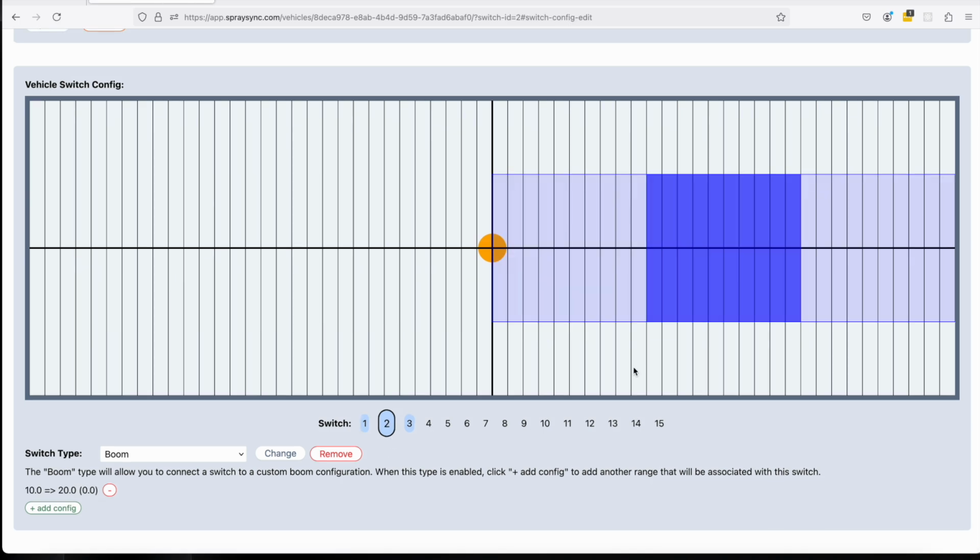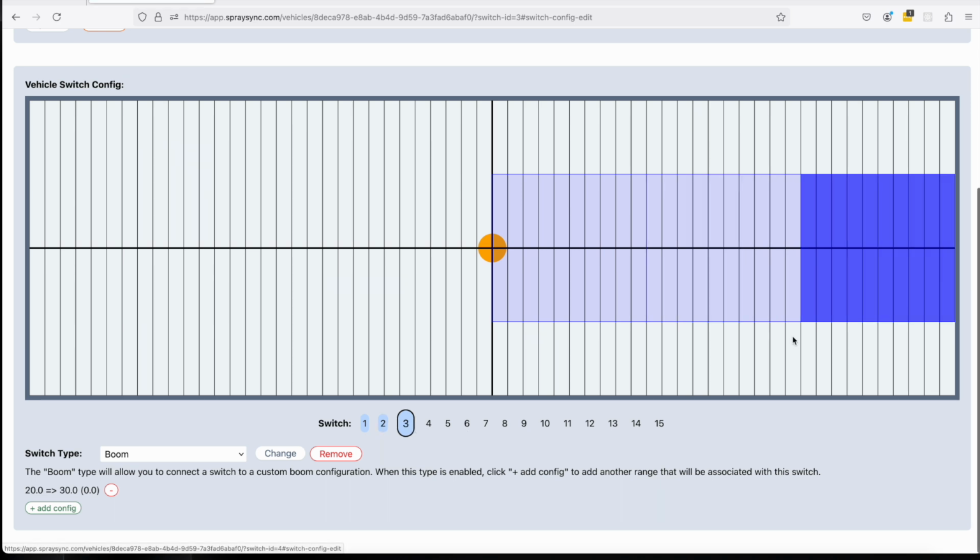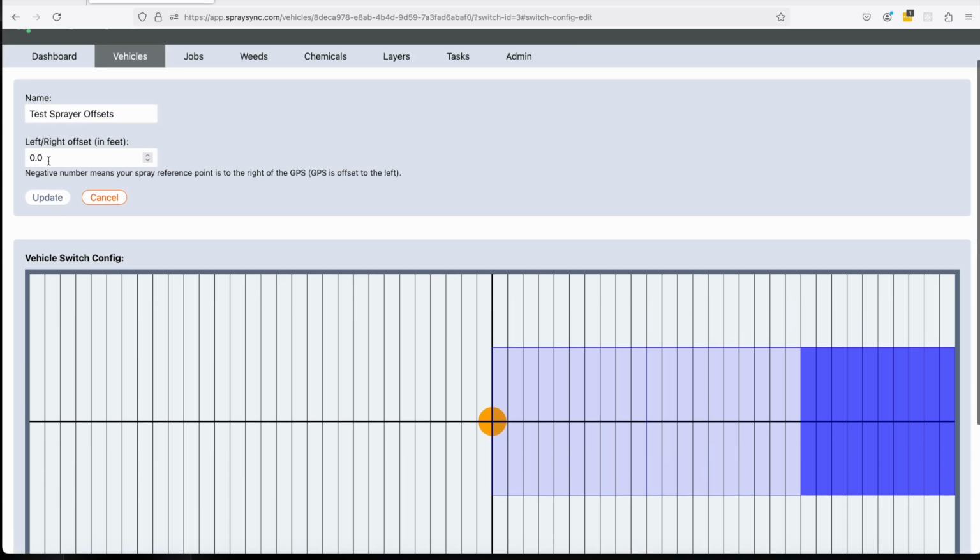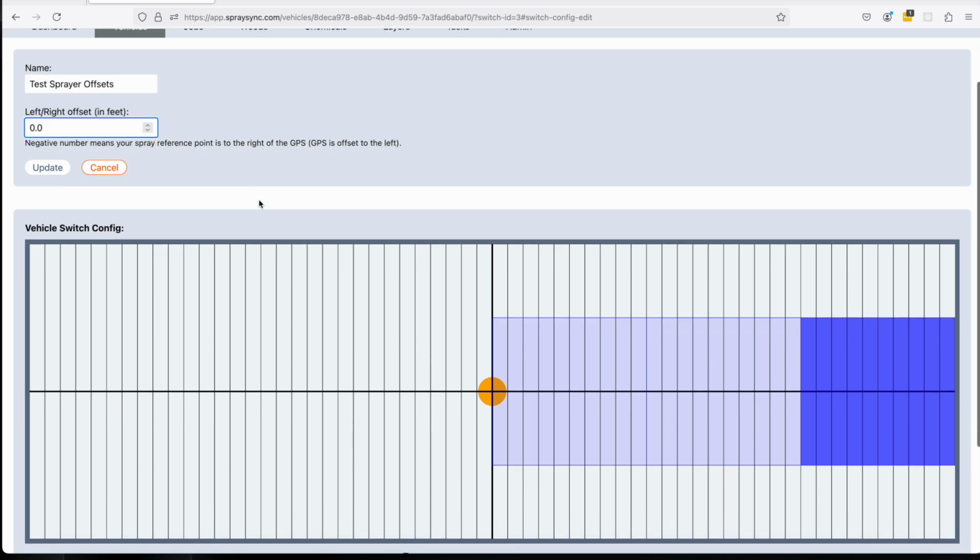If I click on 2, it'll highlight the next one, which is 10 to 20 feet off to the right. And if I click on 3, you'll see that's 20 to 30 feet off to the right. At this point, everything is defaulted to 0. What this left and right offset really means is this: